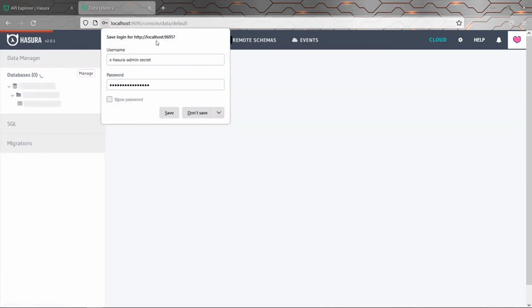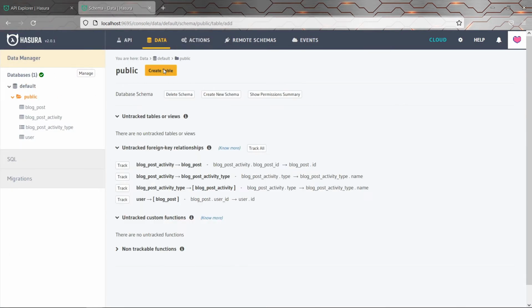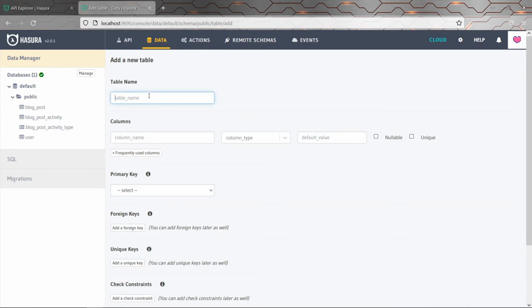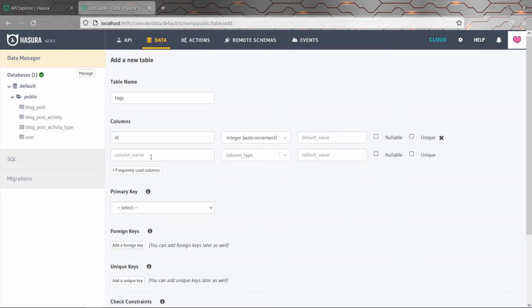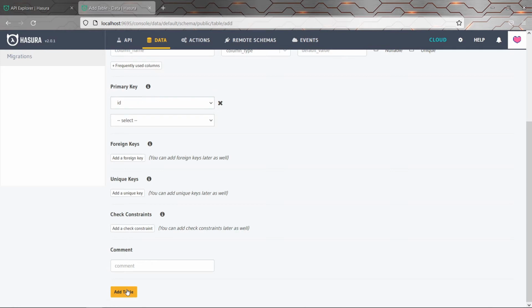I'm going to go to the Data tab, and just as a little example, I'm going to try creating a new table, which I'm going to call tags. So the idea is that maybe my blog posts for the blog that I'm implementing, I want to start having a set of predefined tags that I can apply to blog posts. I'm not actually going to fully implement that. I'm just going to use it as an example for the schema. So I'll have an ID and a name, for example. As soon as I save this and get the confirmation that it was added,